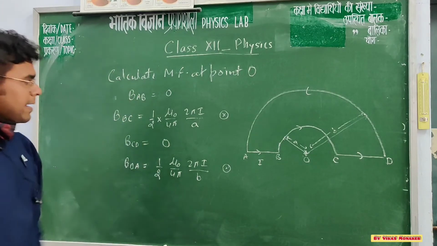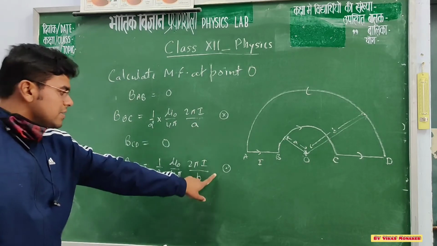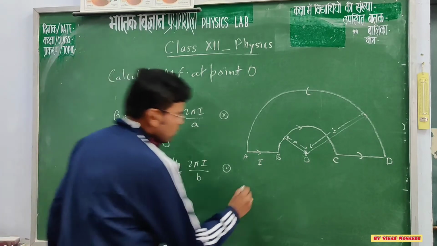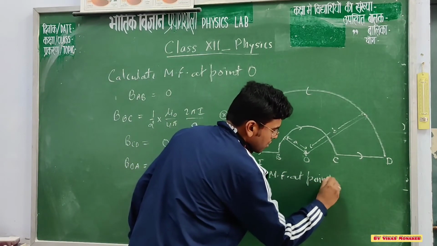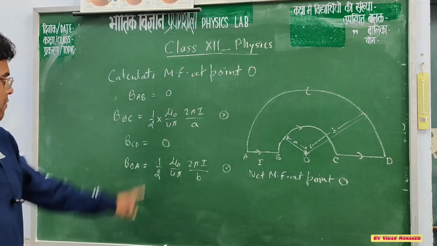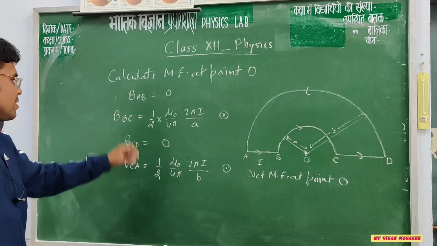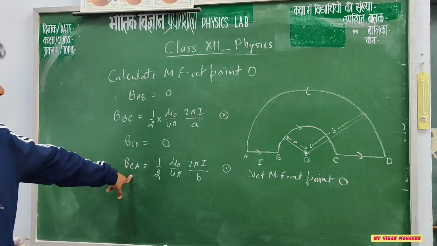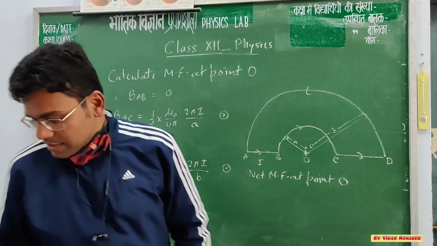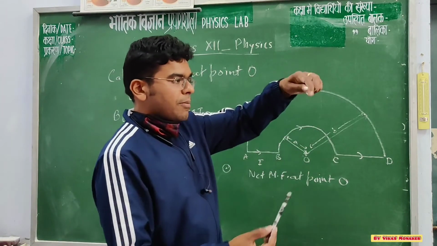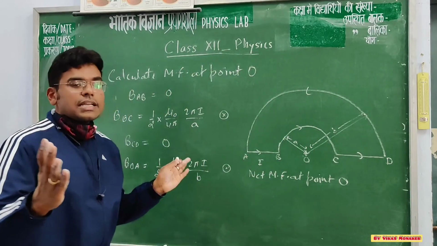So if we see, these are our various magnetic fields. This is 0, this is 0, this is in the inward direction, the fourth one is in the outward direction. So how to calculate the net magnetic field? Net magnetic field at point O. Okay, the first magnetic field is 0, the third is also 0, so they will not contribute because they are 0 in magnitude. Second and fourth they will contribute. Second is in the inward direction and fourth is in the outward direction. That means if you consider this particular point, one is in the outward direction and one is in the inward direction. So they are in opposite directions.